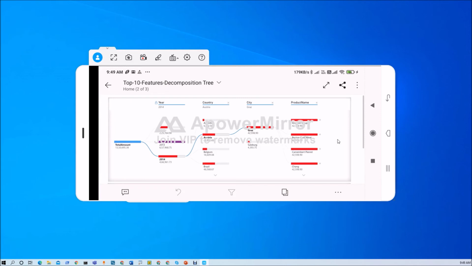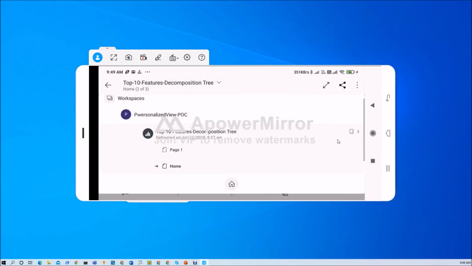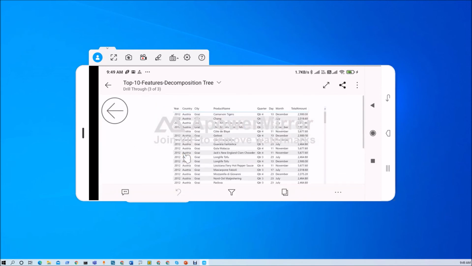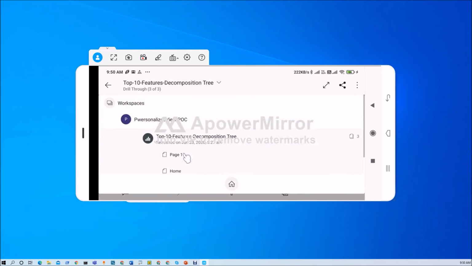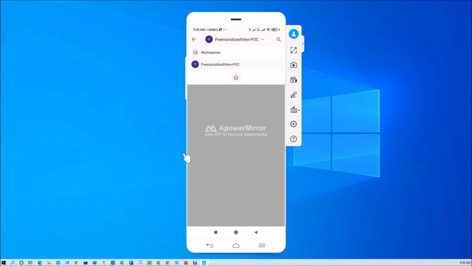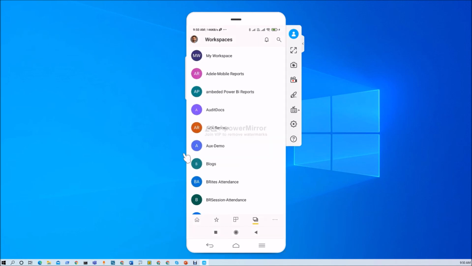Now whenever you expand this header again, you can see the entire navigation. It is showing the available workspace, in which workspace you are, which report you have opened and how many pages you have. So you have 3 pages and at this moment you are on the home page, right? It provides this beautiful navigation, using which we can easily navigate through the workspace. Same way, from here if I go to the workspace, I have this navigation option. So this mobile layout navigation is very helpful and very handy to us.